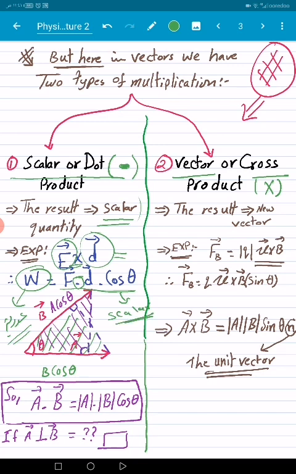But for the scalar you must multiply with cosine theta. Why? That is because, as mentioned here, it is the